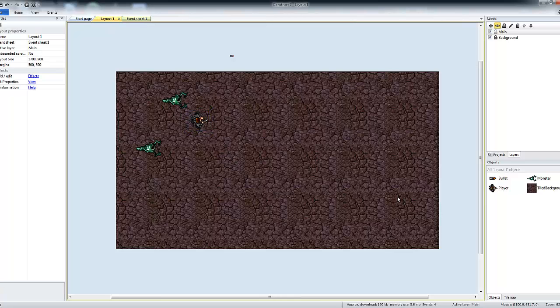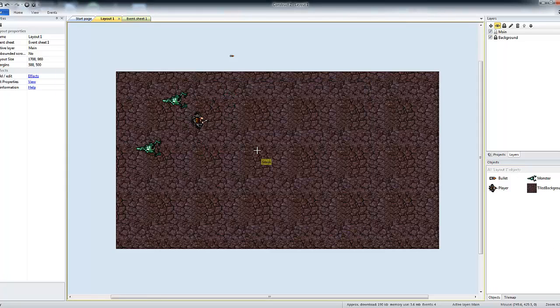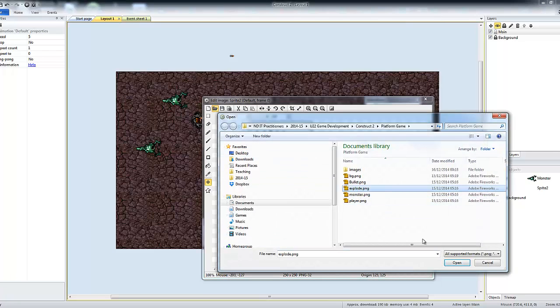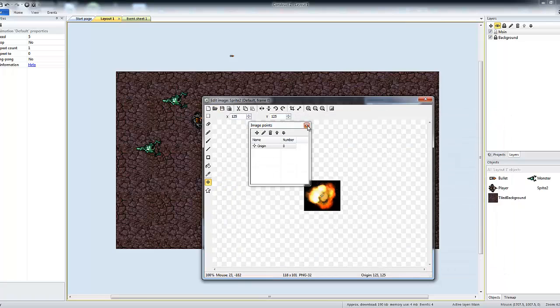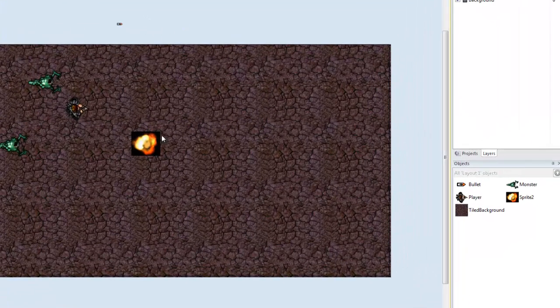Let's go into here, set new object sprite, anywhere on there, and open the explode. Okay, so we've got that explode. Now this explosion, you notice it's got a black background and it's just some kind of basic explosion. What we're going to do is when the bullet hits the monster, this appears and then disappears while it's killing